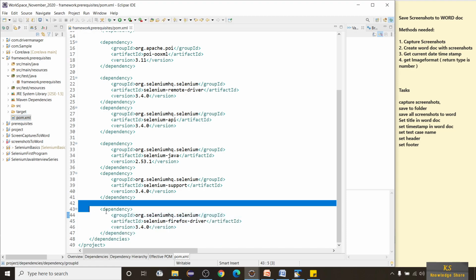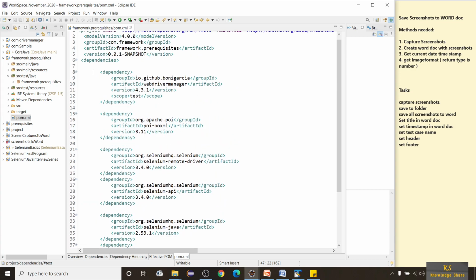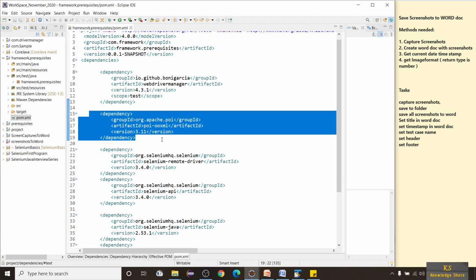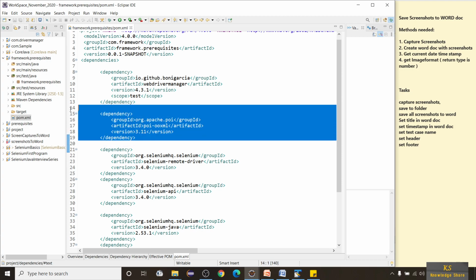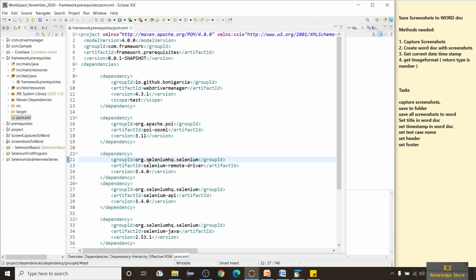If not, you can maintain your pom.xml as usual with just the Apache POI OOXML dependency and then write your code. I have added some dependencies, but anyway I'll give this GitHub code in the description box.